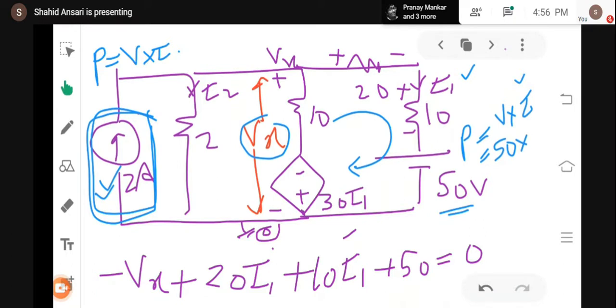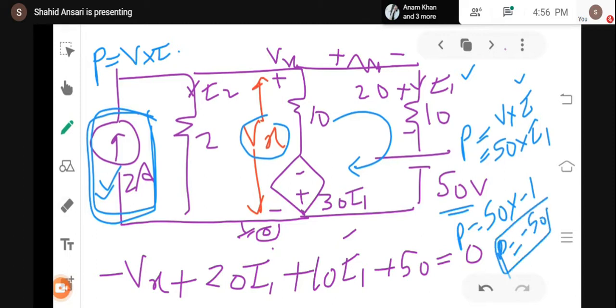Okay, if you are finding out absorbed power, current should enter from negative or positive? For absorbed power, you are considering it as a passive element. Okay, for a passive element, current should enter from positive, which means here current is entering from positive. So this is the correct direction of current. So I must write here I1, and the value of I1 is -1. So this will be -50. So -50 is your absorbed power.